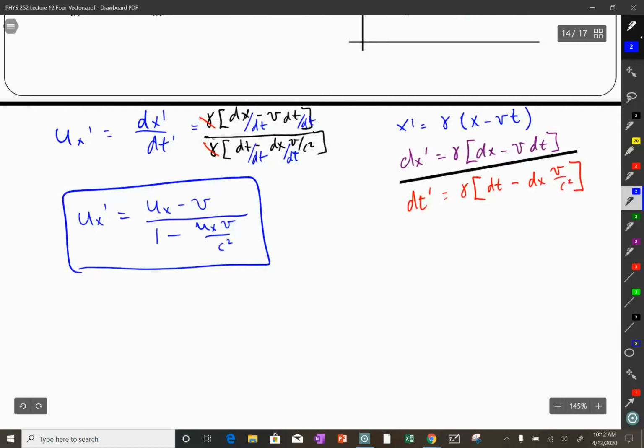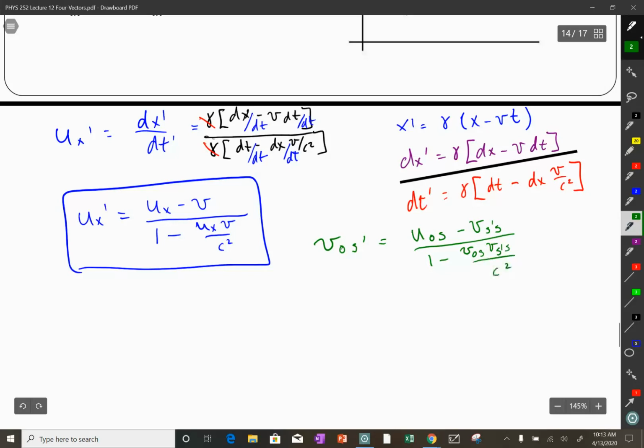And so the way we would have written this in normal class, I would have said the speed of my object with respect to s prime is equal to the speed of the object with respect to s minus the speed of s prime with respect to s over 1 minus the speed of the object with respect to s, speed of s prime with respect to s